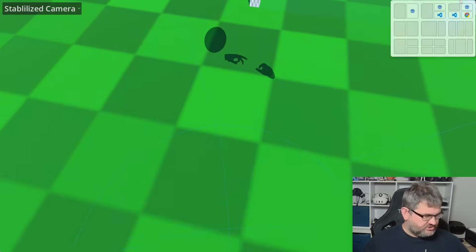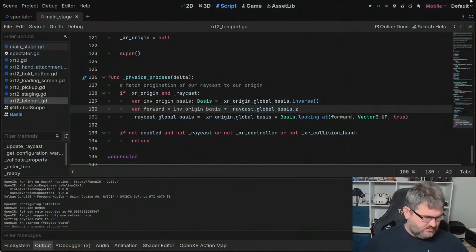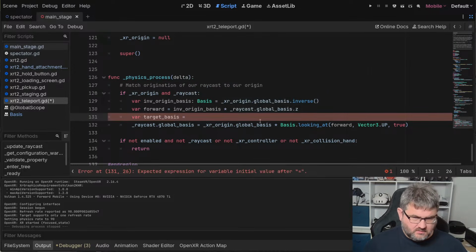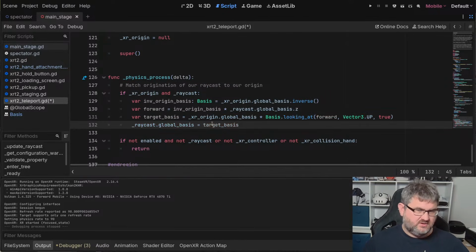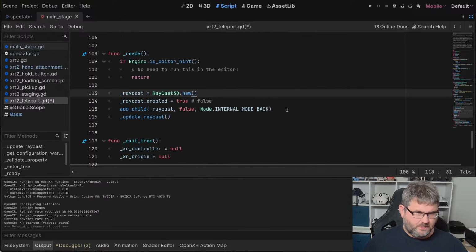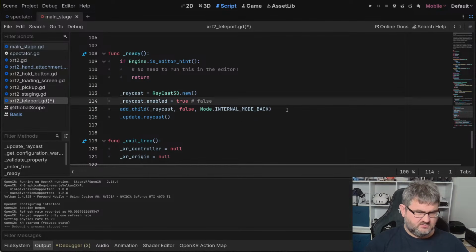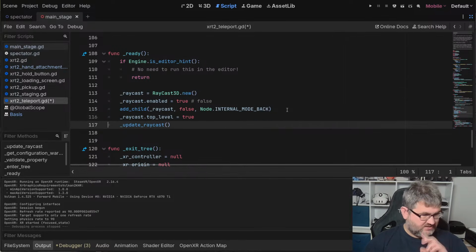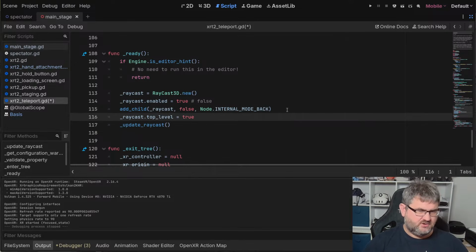We can make it a little bit more stable and not so shaky. Anyway, one step at a time. So basically, instead of assigning this, we're going to lerp it. Okay. And that requires us to do add child, blah, blah, blah. Very good. And then Raycast, top level, true. So that means that we are positioning it separate from